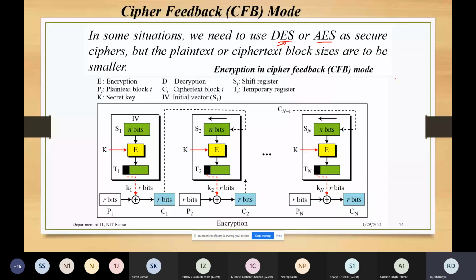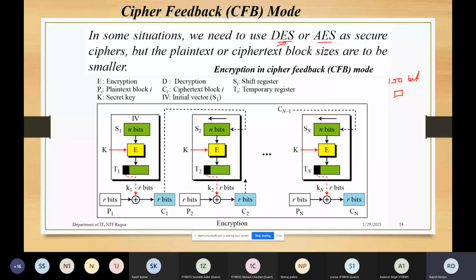And what happens if we have data where we want to make use of AES on, let us say, 150 bits at a time? We have a block of 150 bits and we want to apply AES on this 150-bit block size. We cannot do that in a standard fashion. The standard AES algorithm is not going to work on that chunk of data, right? So in order to provide a solution to this sort of situation, cipher feedback mode came into the picture. So just see carefully what is happening in this particular mode.